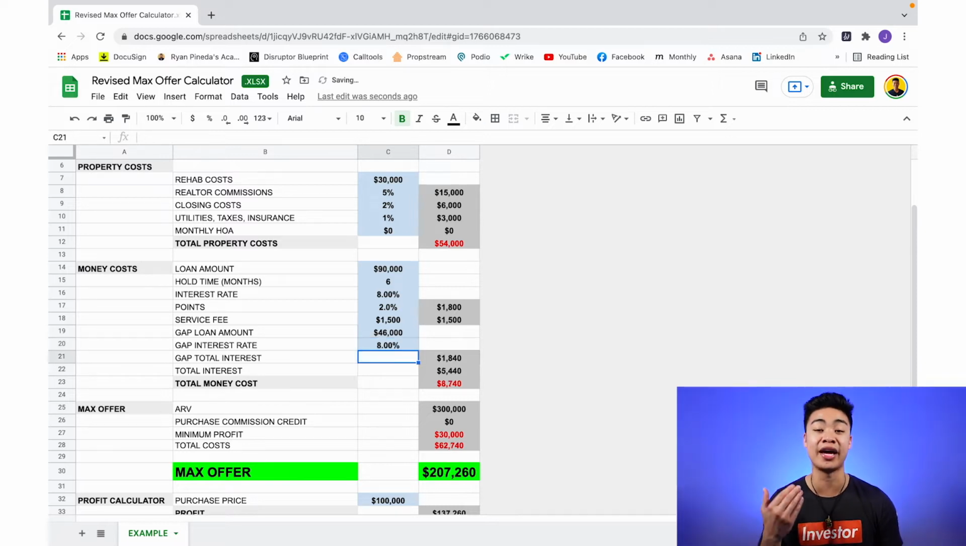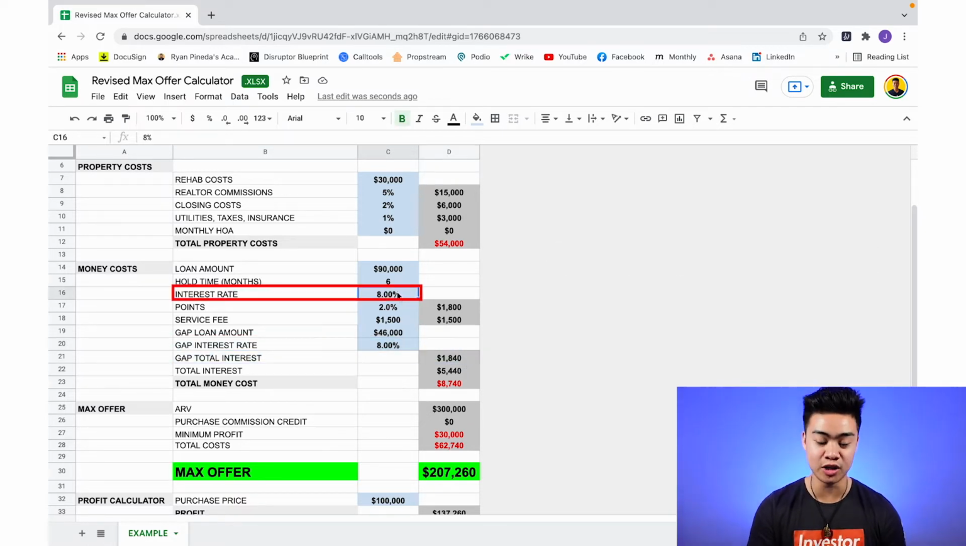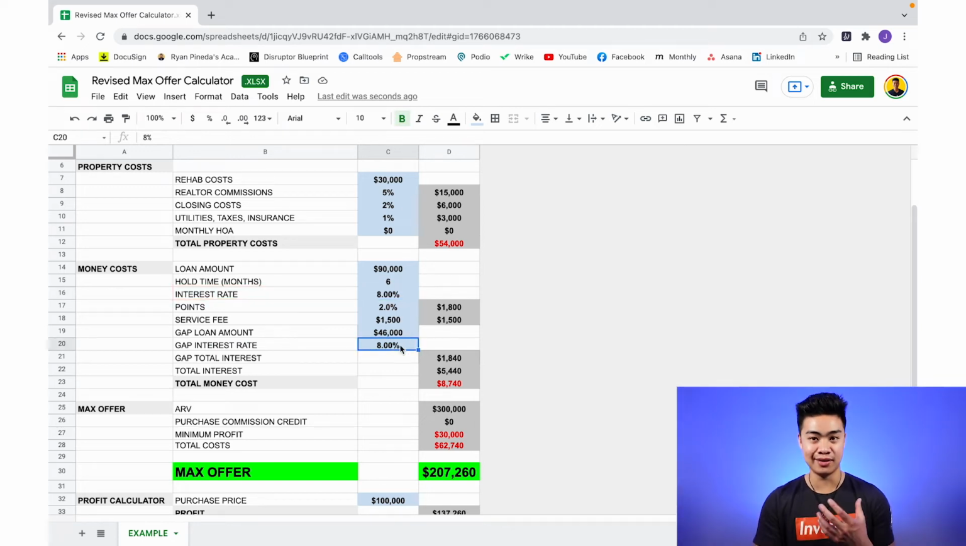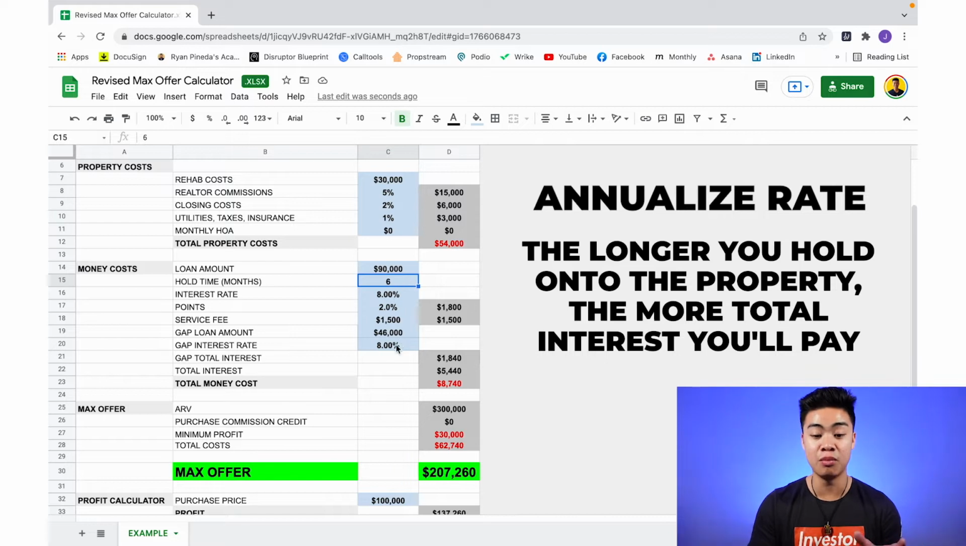Let's say I pay my gap lender 8% return. So that's where we enter it here. And this is an annualized return. This is not a flat fee return. And if you enter this gap interest rate right here, this is an annualized rate, just like this interest rate right here. And what that essentially means is the longer you hold on to the property, the more interest you're